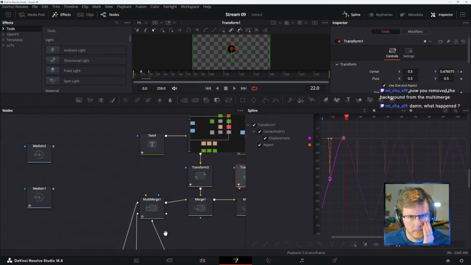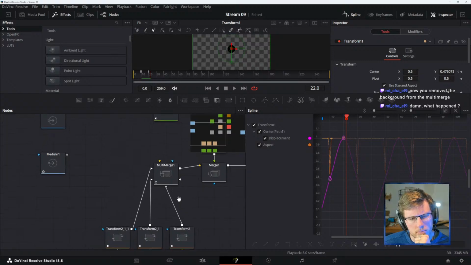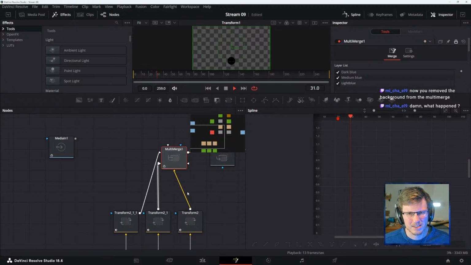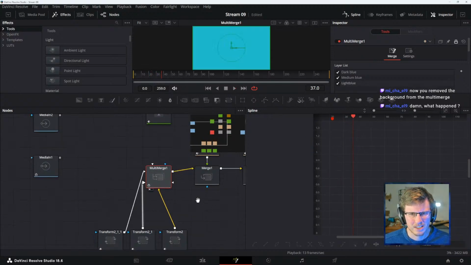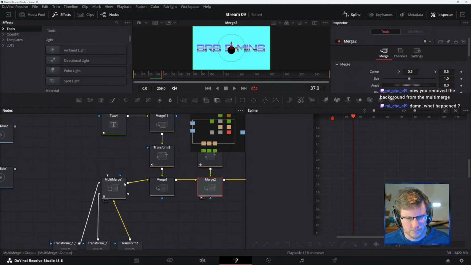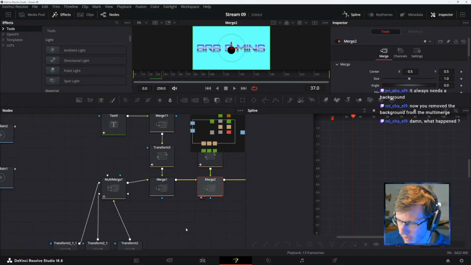Oh. But does it need... Oh, it needs a background? Is that what it is? A multi-merge needs a background? I think we acknowledged this earlier, but I forgot.